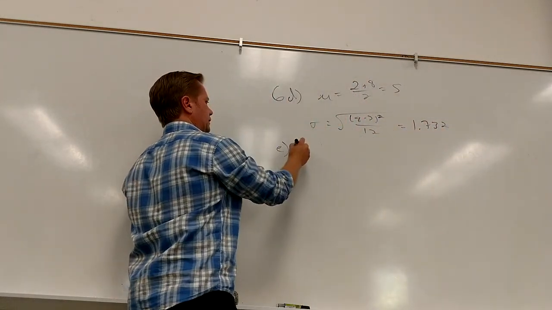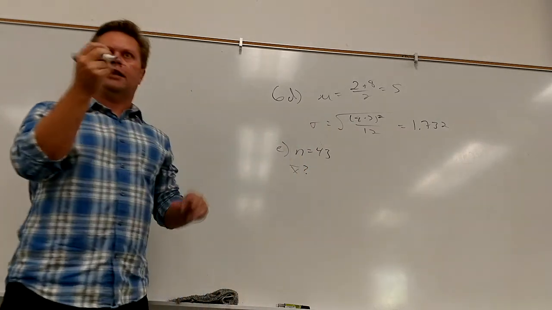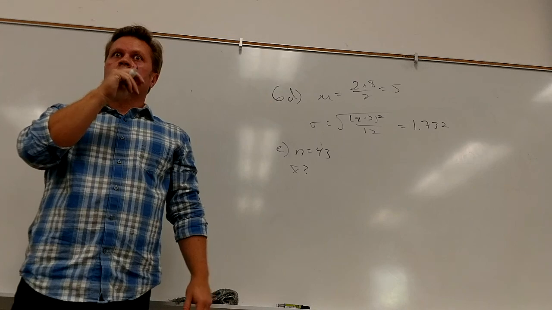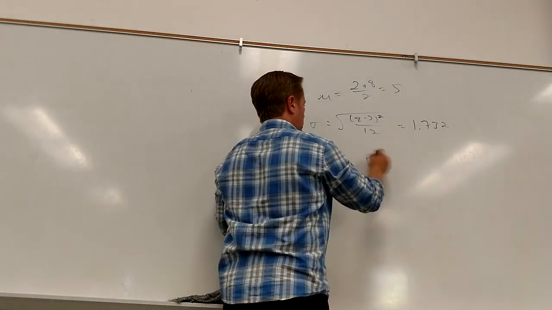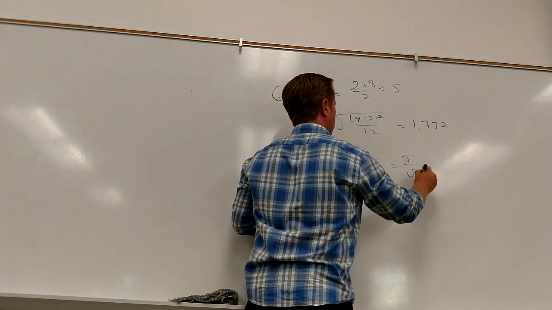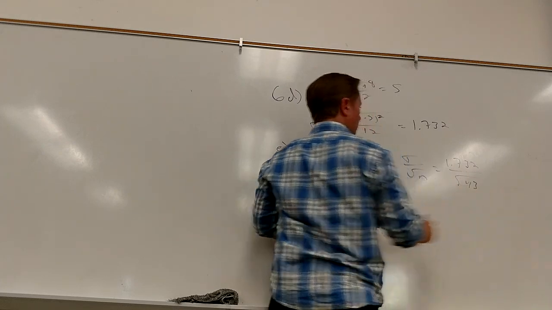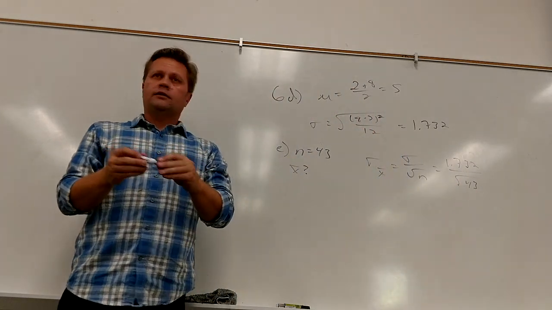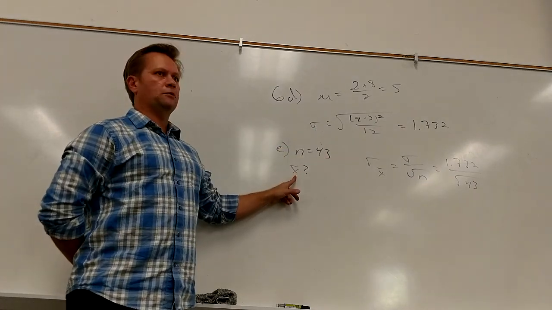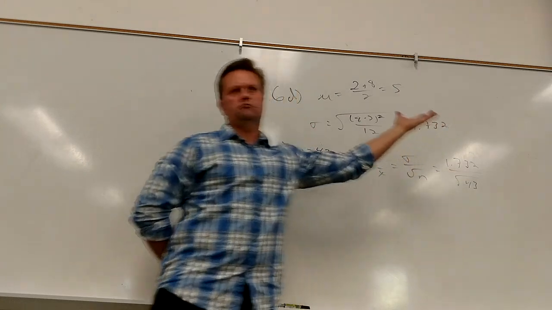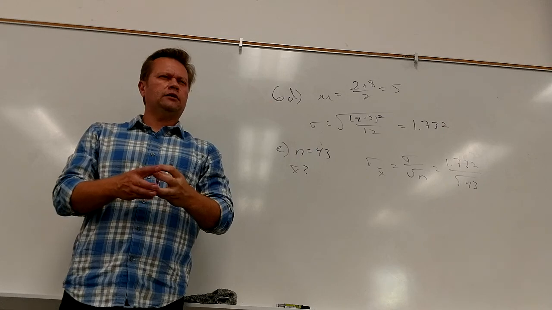So in part E, I take a sample of 43 and I ask a question about the sample mean. So what's got to change? Standard deviation's got to change. This is the one that's good for individuals. I need to change it to become the one that's good for groups. So my only purpose there was to show you it doesn't matter where this comes from. If I take samples and ask questions about the sample mean, that has got to change. That was my only purpose for putting that down there. I think there was at least one homework problem that